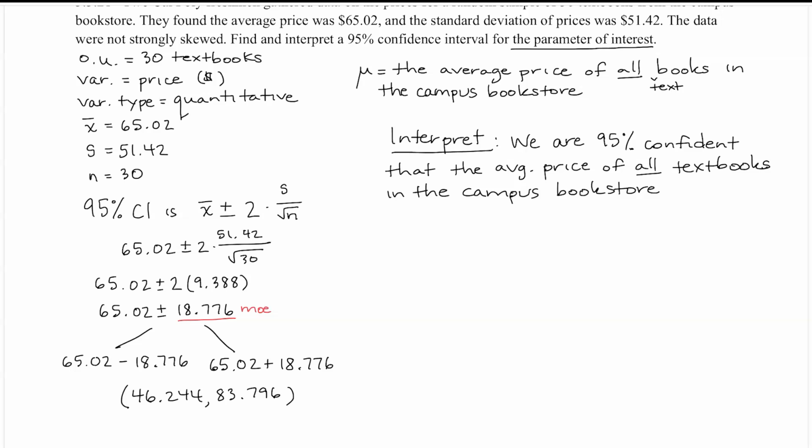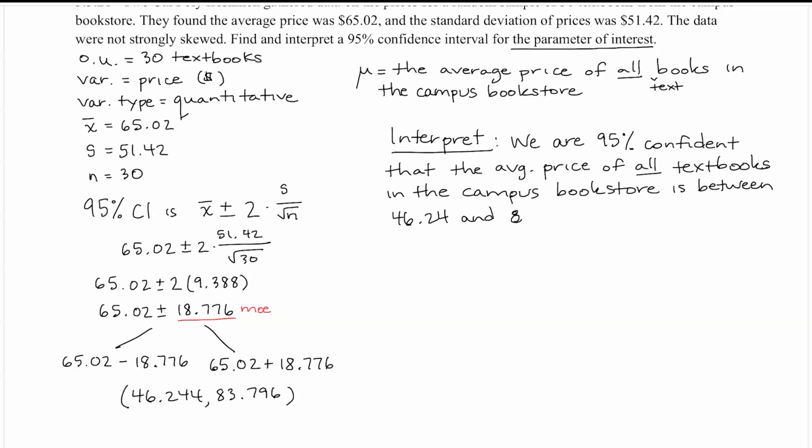So keep in mind that the confidence interval is about the parameter that applies to the entire population. It's not about the sample statistic. It's about the parameter for the entire population. So we took a sample of books, we found the average price in our sample, and then we're using that with our margin of error to come up with an estimate of plausible values for what the parameter mu might be. So we still don't know the exact value of the parameter. It is unknown, but now we've narrowed it down to somewhere between